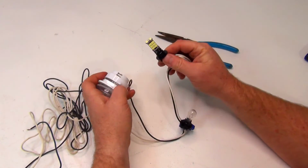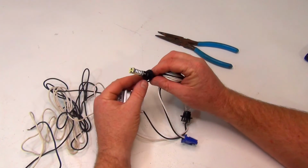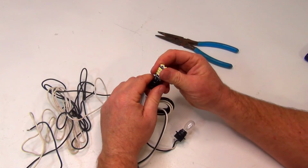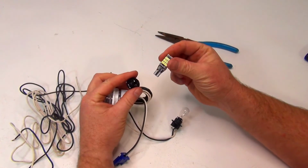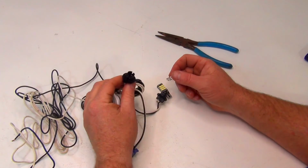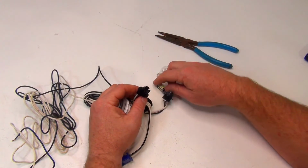Now there's a new style coming out right now, and it's with the LED light. These things are like super bright, and it's the same idea. I can put a bulb in. So if you have a setup like this, you can put the bulb, or you can get one of these,